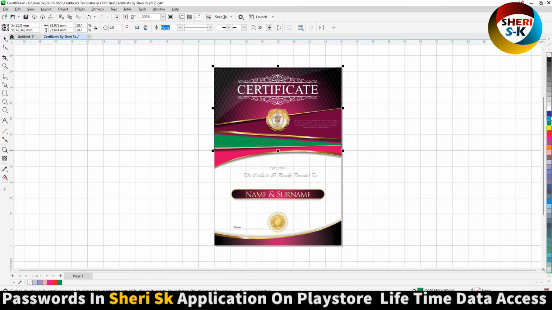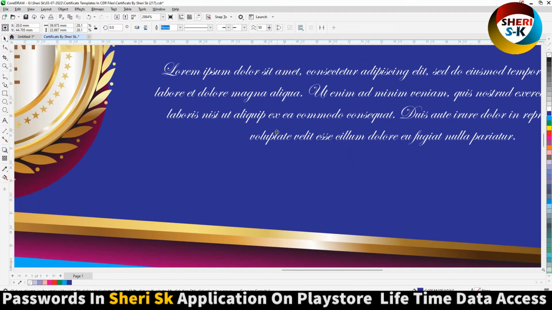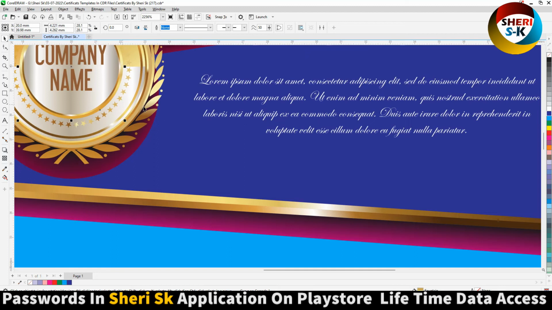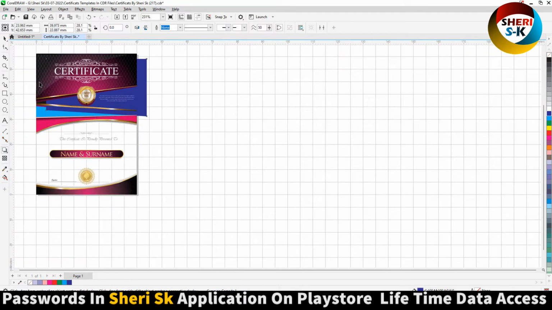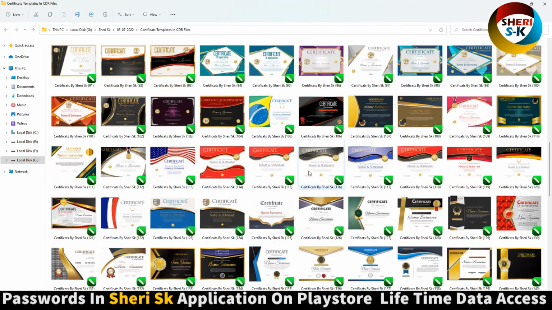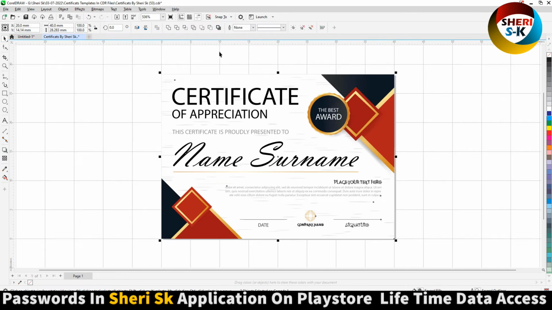Here, the color, certificate. Here is the text. Write anything. Okay, now same thing here. First unlock and write anything. Okay, now